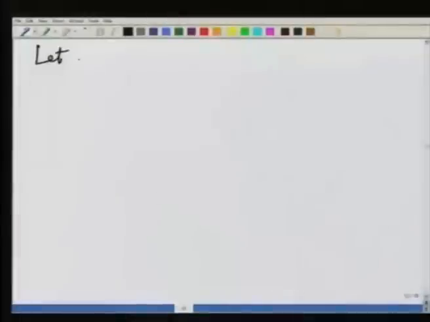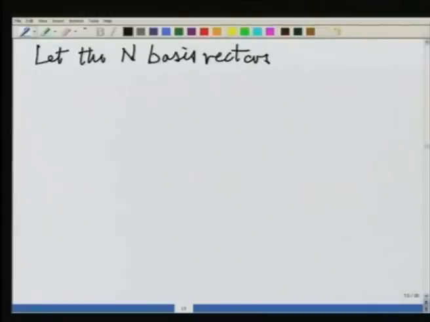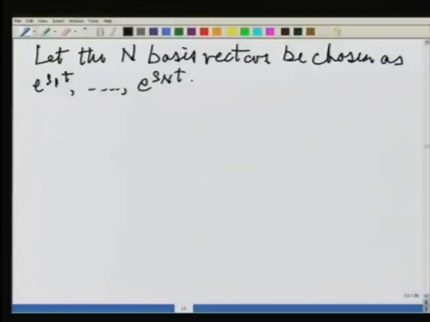Let there be an n dimensional vector space and the n basis vectors or the n basis functions be chosen to be e to the s1 t, e to the s2 t and so on. So, if we choose these as the basis vectors, then